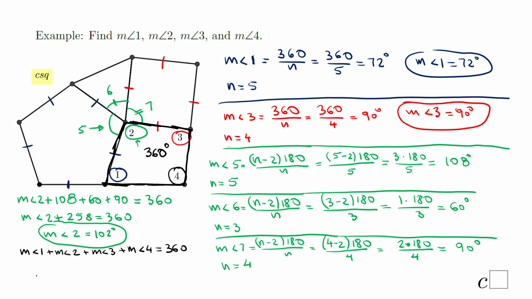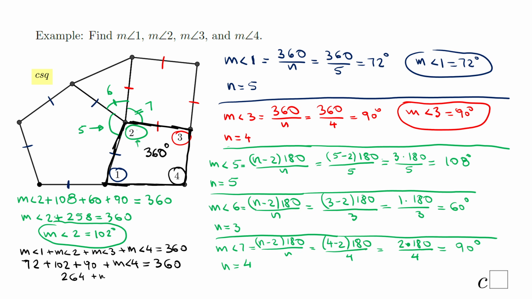Angle 1 is 72. Angle 2 is 102, the one we found just a minute ago. Angle 3 is 90 degrees. And angle 4 is the last one you need to find. So very similar, we're going to add these 3 numbers, 72 plus 102 plus 90, that will be 264